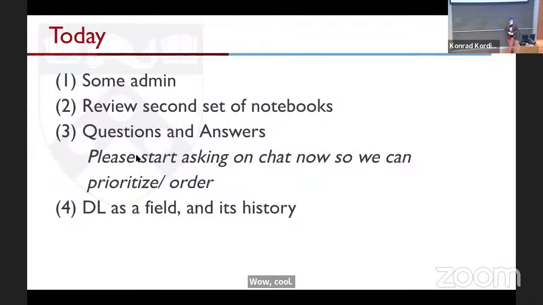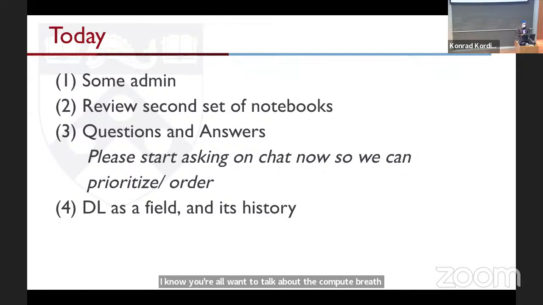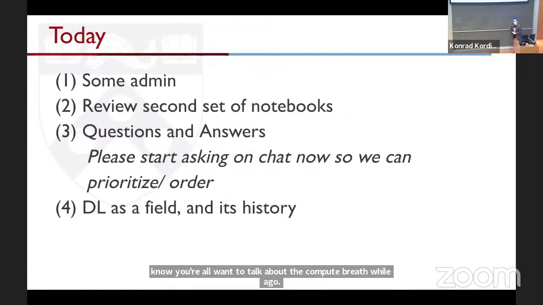As always, we'll do some admin. We'll review the second set of notebooks. I know you all want to talk about the compute graph. We'll go through questions and answers. And then we'll talk a little bit about deep learning as a field. And